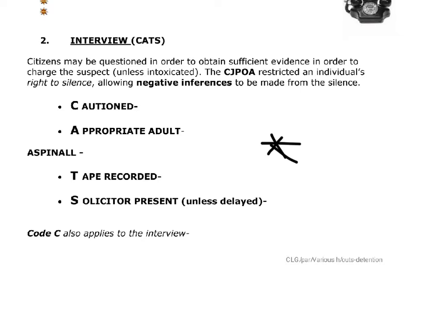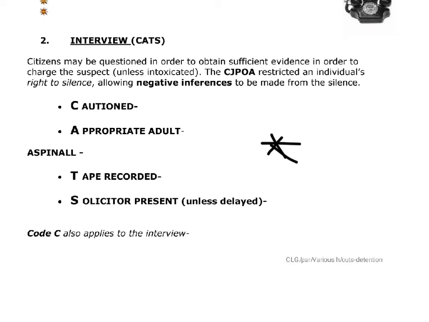Tape recorded then. We tape record our interviews now, so it protects you and also protects the officers. So the officers are not saying that you've said or done something and you're not saying that they've said or done something. Obviously a few years ago, going back 20 years maybe, during the interview process, they used to be able to do anything, threaten you, beat you up, whatever, torture you to get you to confess. They can't do that now, and the tape recording protects you from that happening, but also protects the officers at the same time. So there'll be 2 copies made. One will be readily available for you to use in court, and one will be available for them.